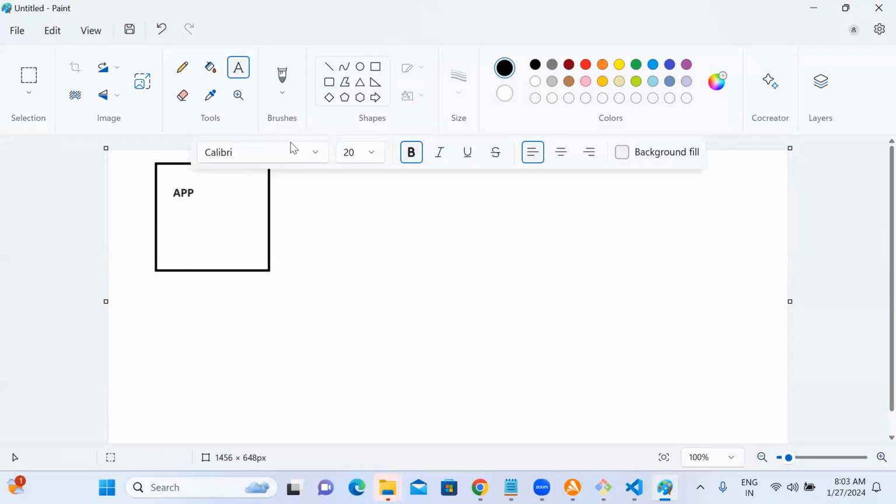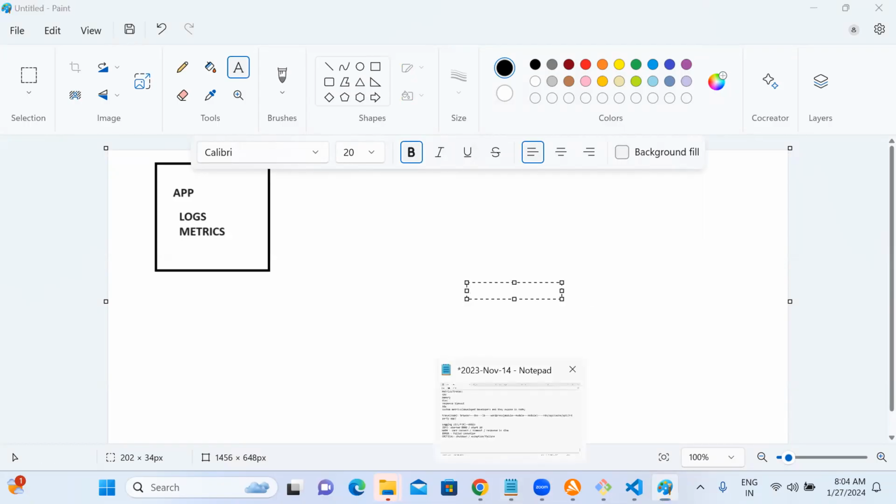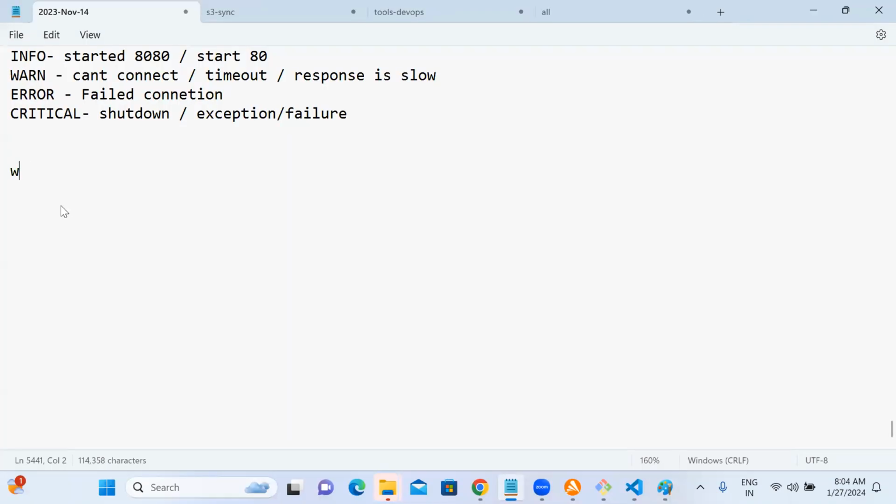Yeah, so your app will be producing some logs and metrics. You know this already. In WordPress, when I say WordPress, it means EC2. You know one software is running here. Can you guys tell me one software?